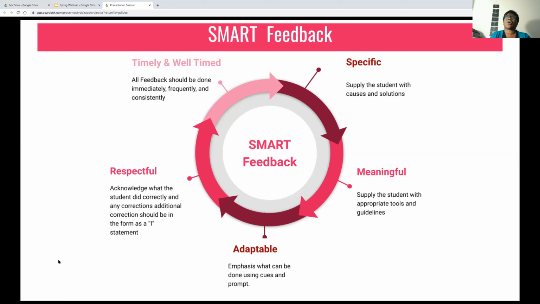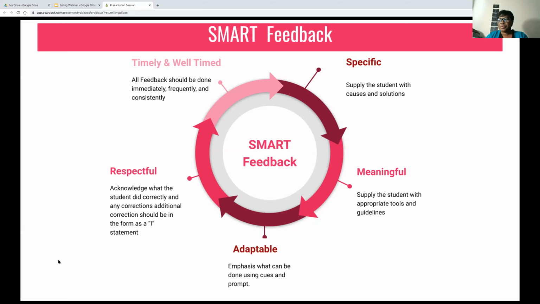You must have clear goals for students so that the feedback that you give to them is meaningful to them. They know that this is the objective for the day. So this is why the teacher is giving me this feedback. It has to be meaningful to them. It should be adaptable. The feedback must provide the student with the ability to change plans and move forward.